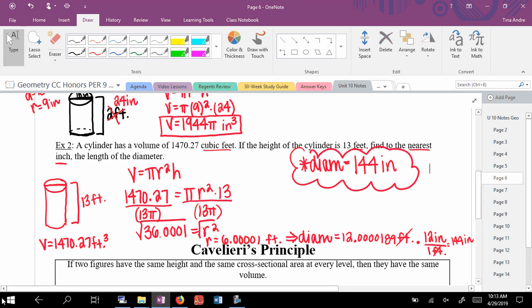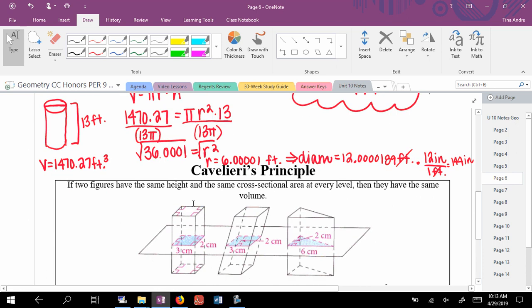And then the last thing that we're going to look at here is something called Cavalieri's principle. And I'm going to make this an A. It should be an A for Cavalieri. And it's basically almost like common sense in a way, because what it's saying is if two figures have the same height, so let me just kind of box in these important words, the same height and the same cross-sectional area at every level,